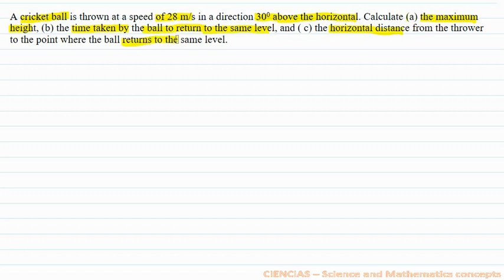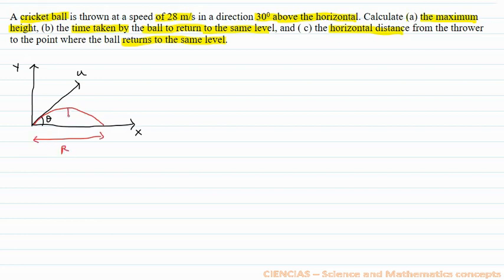So first of all we see what the question is saying diagrammatically. Here this is horizontal, say x, and this is vertical, say y, and the thrower is throwing a ball with initial speed u at an angle theta, then the ball moves in a parabolic path. So this becomes the horizontal distance, which we call the range, and this is the maximum height, and from point O to point A, the time taken we have to calculate.